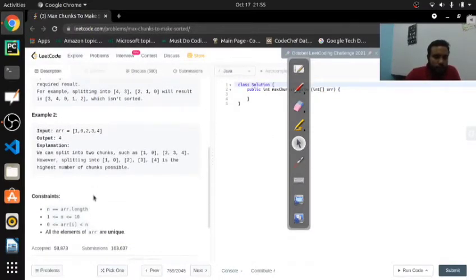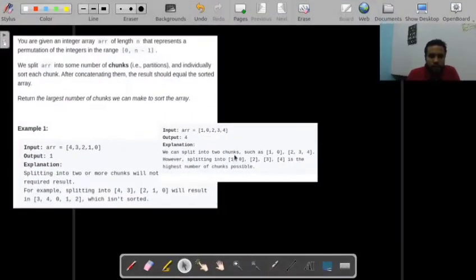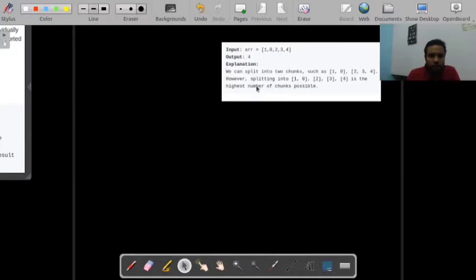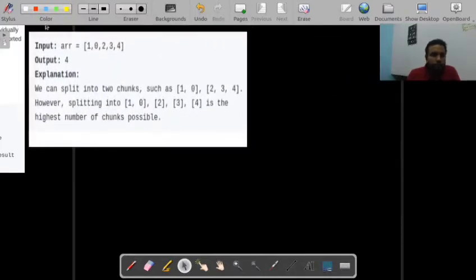We will take another example, and then use that one too. Let's write it here: arr equals 1, 0, 2, 3, 4.